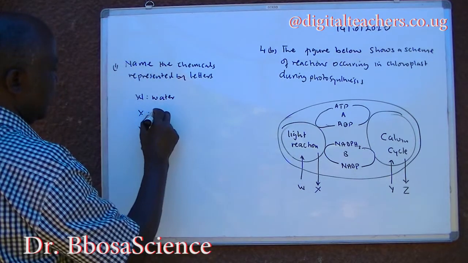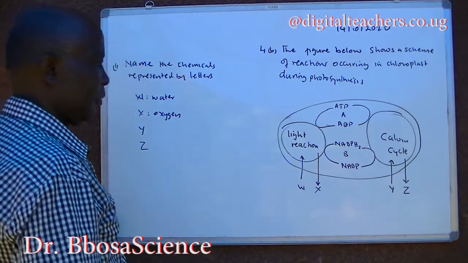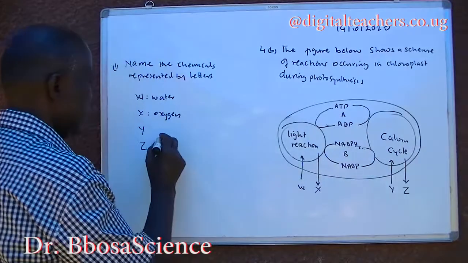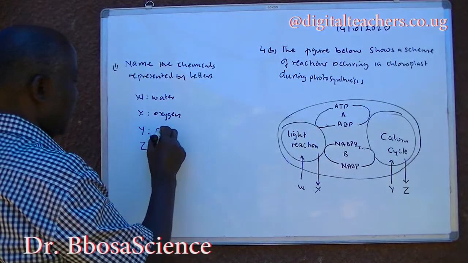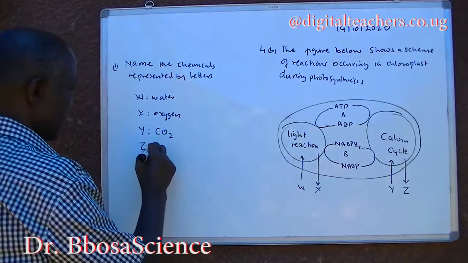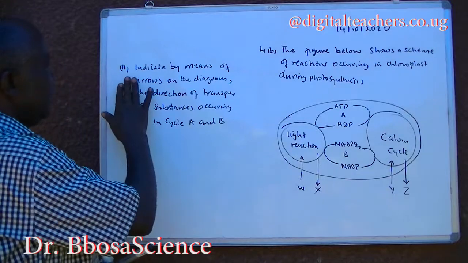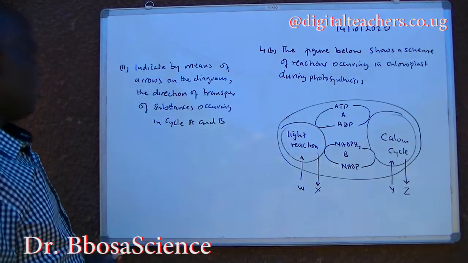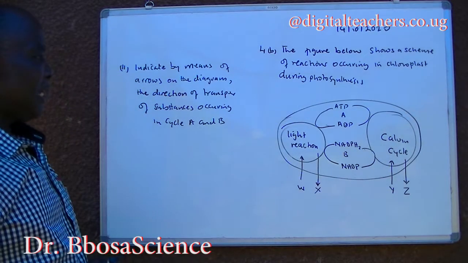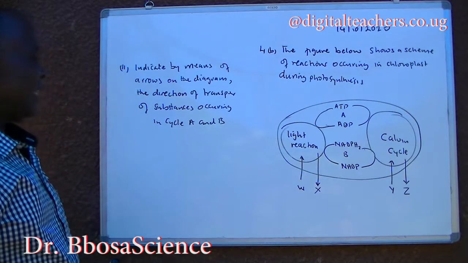X is oxygen. Calvin cycle takes in carbon dioxide and releases sugars. Triose sugar. 4b2. Indicate by means of arrows on the diagram the direction of transfer of substances occurring in cycle